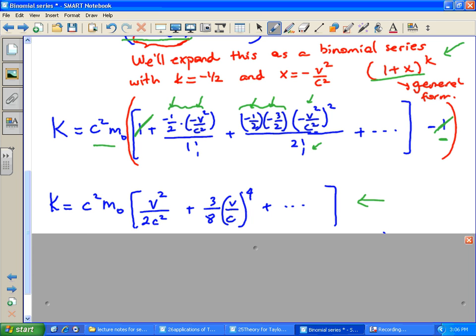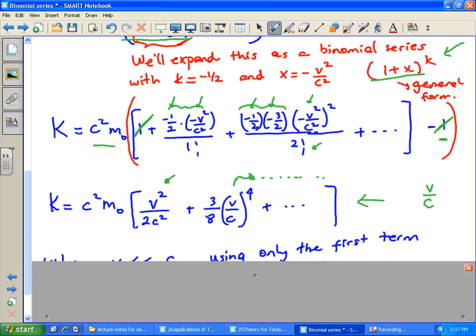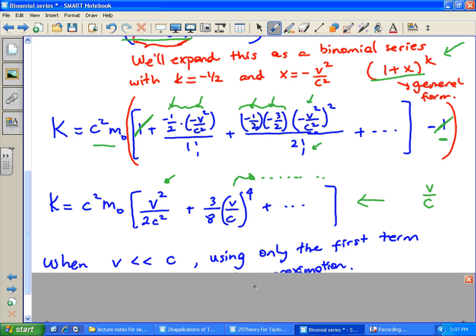So for values, when v is much less than c, this ratio is very small. Remember, c is the speed of light. So in most circumstances, v would be much less than c. So v over c would be a quantity very close to 0. And therefore, all these higher powers of v over c are going to be negligibly small. The only one really that's going to be dominant is the first one, at least as far as approximations are concerned. So if we just take that first one,